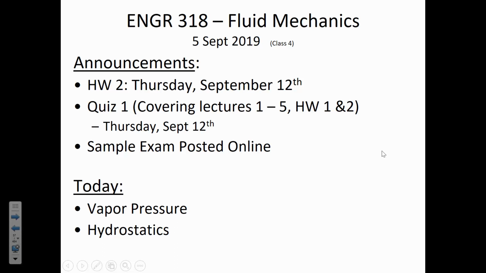Okay, so those are the announcements. Any questions about those? Sorry, quizzes. Will we be able to have a formula sheet or not? No. But you should bring a calculator, because you're not allowed to use your mobile phone during a quiz or exam. Actually, you're not allowed to use your mobile phone at all, but especially not during a quiz or an exam. All right? Are there other questions?